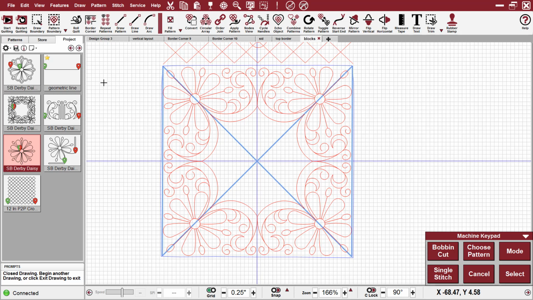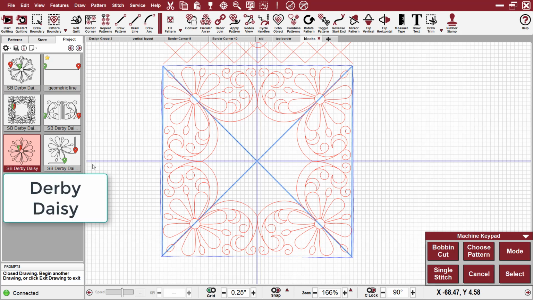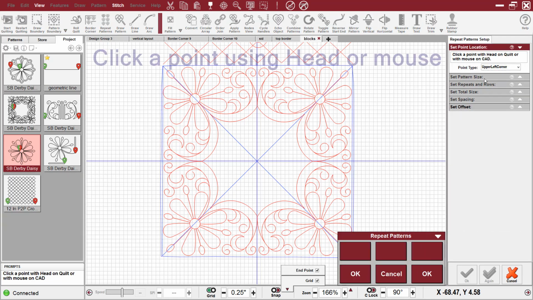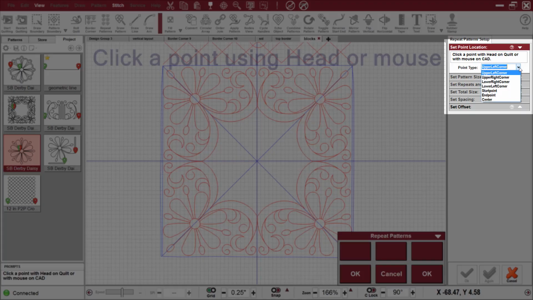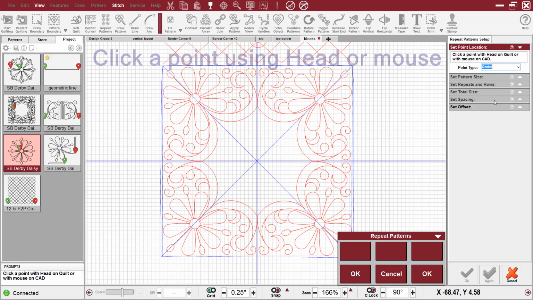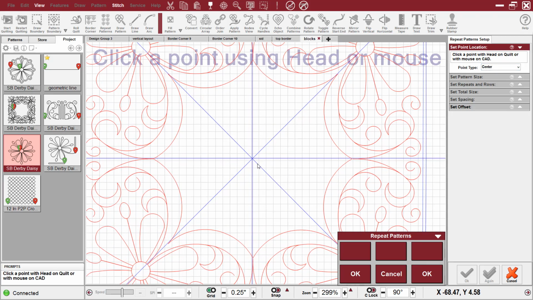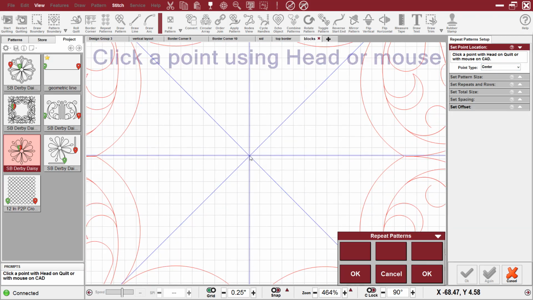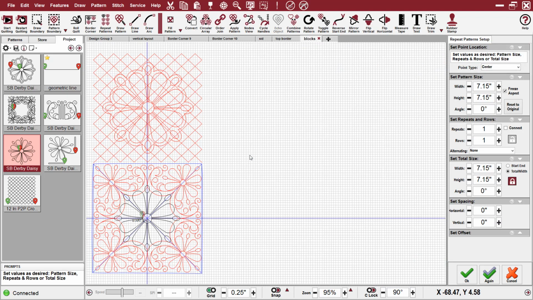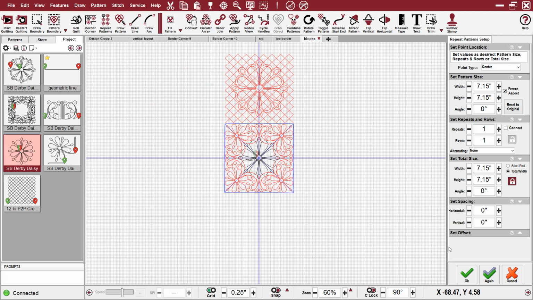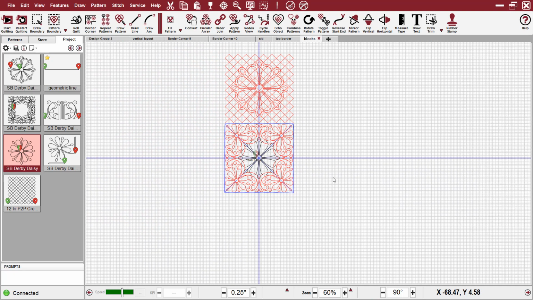Now, if you can't get right there in the center, that's okay, because I'm going to show you what else we can do. I have my pattern selected. I'm going to go to Repeat Patterns and left click, and I'm going to change my point type to center, just like this. And I can scroll in, and I can left click on that X point that it makes on that block. Once I do that, I'm going to say OK,